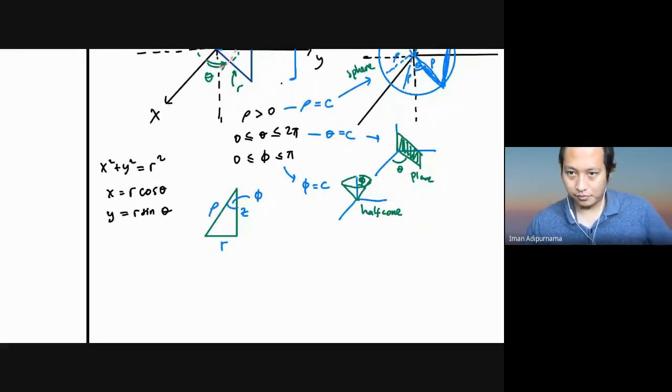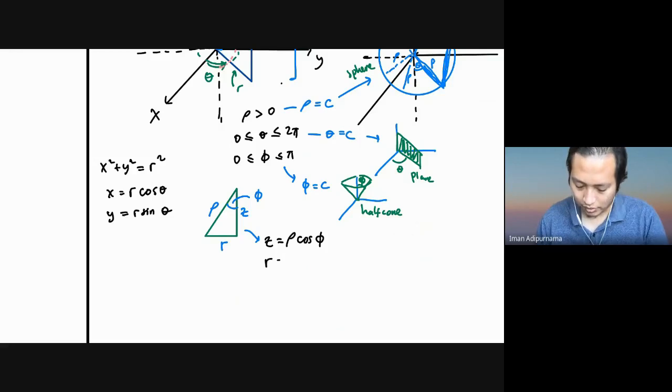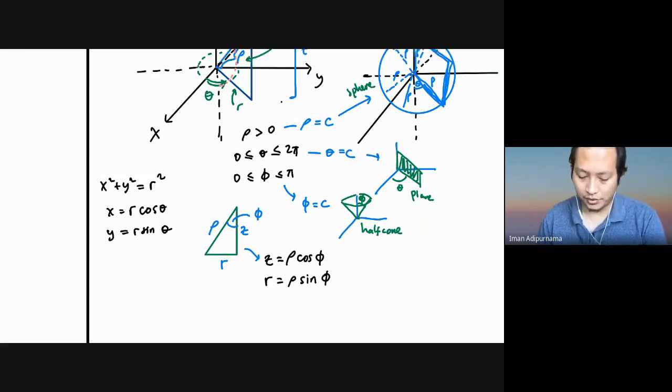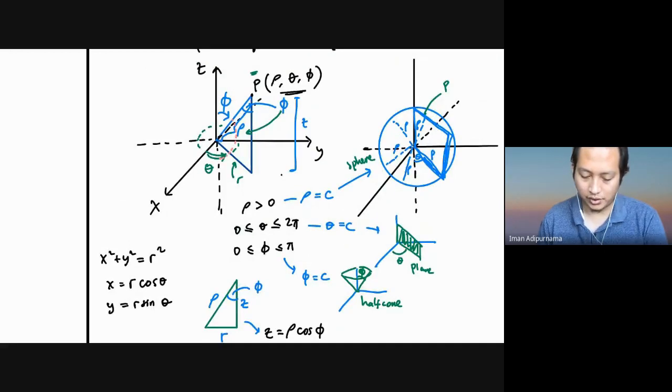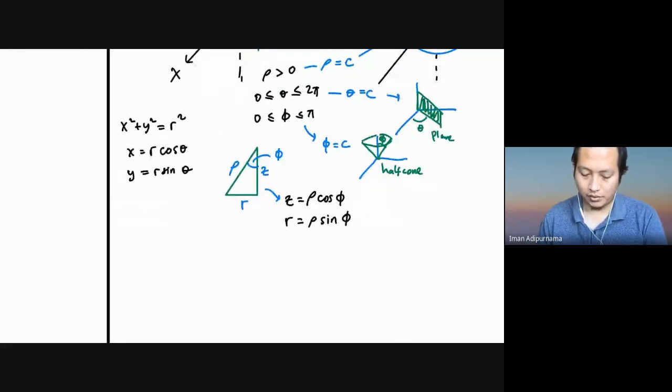Okay, now we can write z in terms of rho: rho cosine psi, right? And r will be rho sine psi, okay? So if you maybe confused or forget, you can actually write down the conversion through this triangle here, okay? So write down this, and then